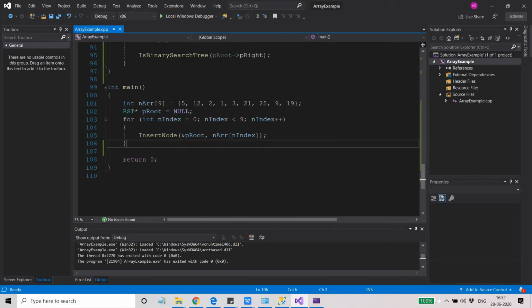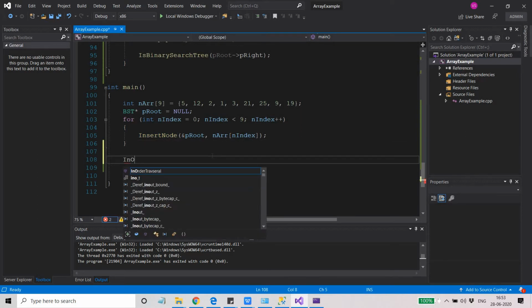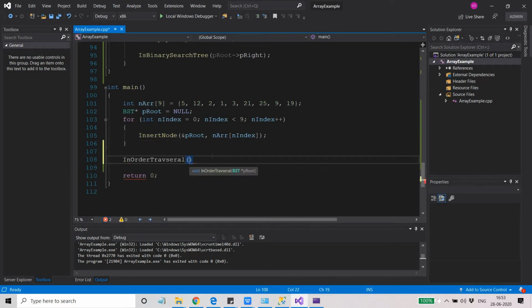Here I have taken this array, which contains 9 elements, and I'm creating the binary search tree. This insert node is basically creating the binary search tree, and after that we would like to see the in order traversal. If the in order traversal is fine, then we are sure that our binary tree is a binary search tree.